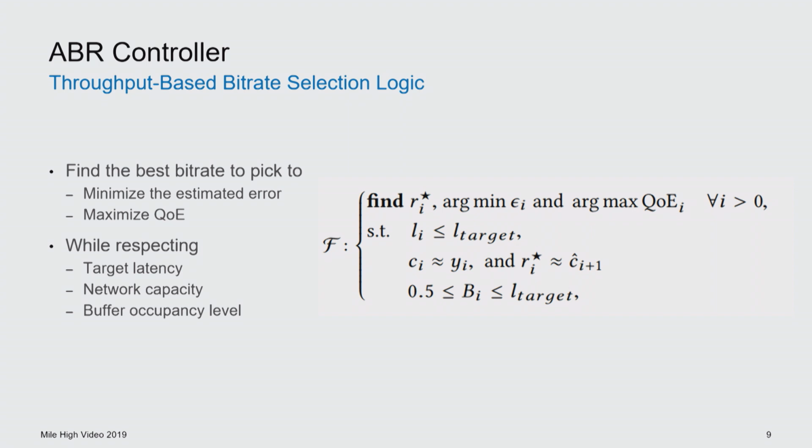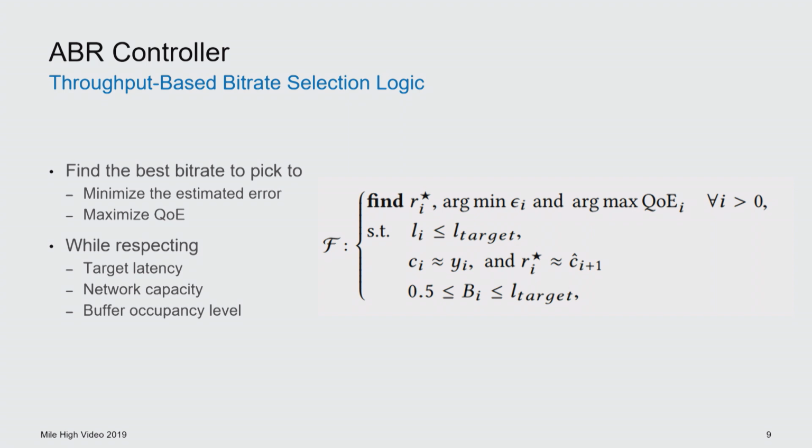The way we optimize our algorithm, and that's where the ABR controller comes into the picture, is we have a certain objective function which you can actually change for your client, but here it is ours. We first try to minimize the prediction error, because once we predict something, soon later we will be able to measure whether it was really a good prediction or not. So we can calculate the error and update the filter coefficients, which will hopefully give us a better prediction in the next step.